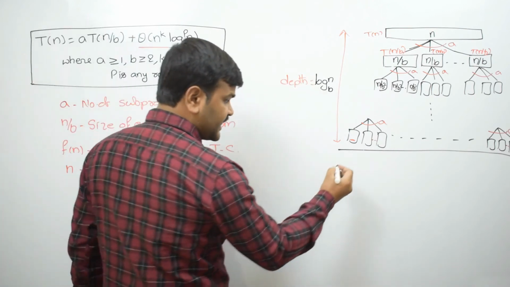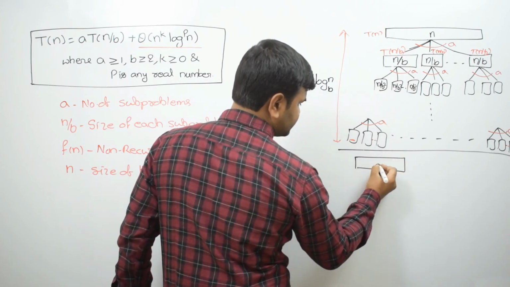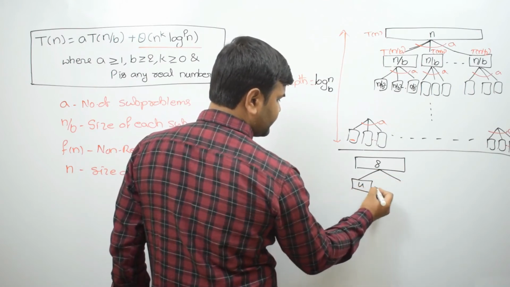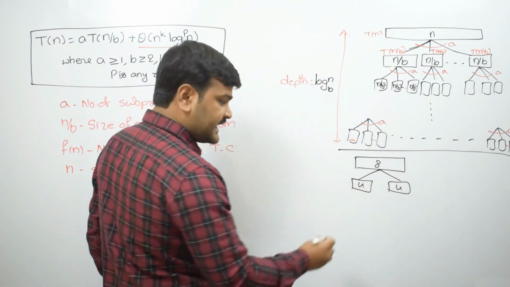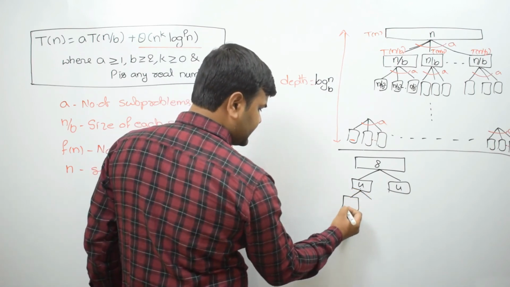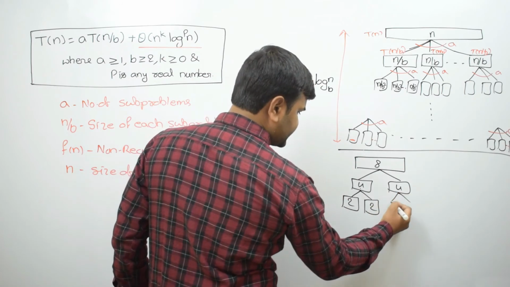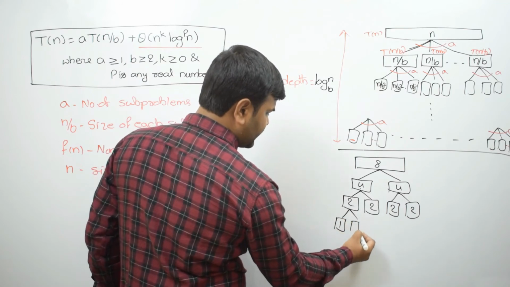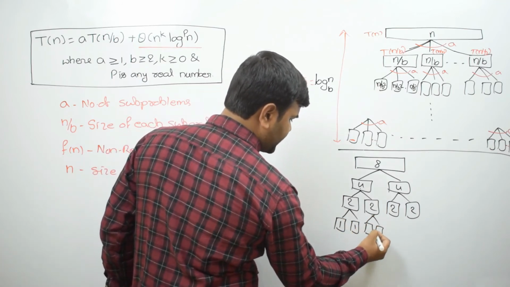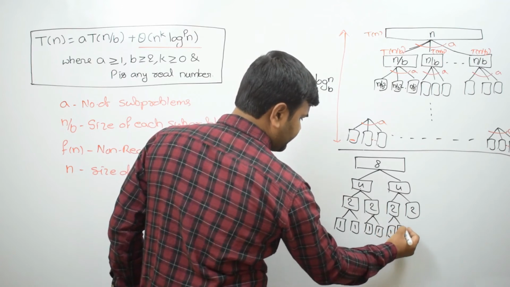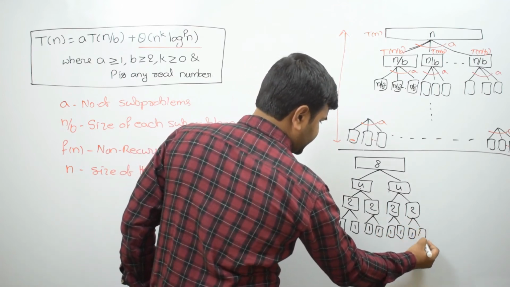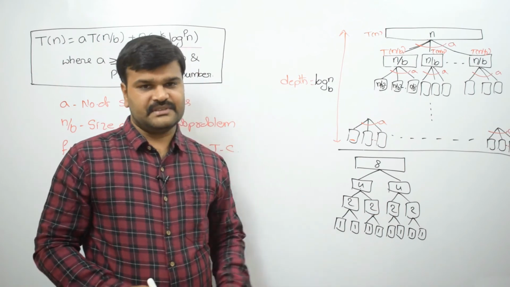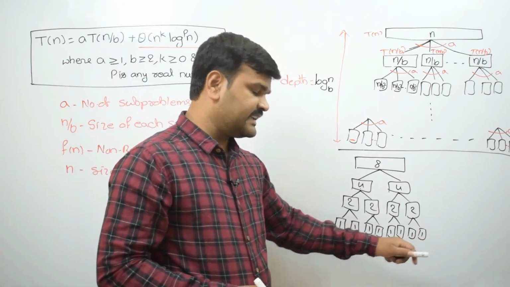So for example, here we are going to have 8 elements. Okay, so these 8 elements we are dividing like this. So here 4 elements and here 4 elements. Next, if you divide this subproblem further, here 2 elements and here 2 elements, same way here also. Now here one element, so like this every subproblem is further divided. So finally every subproblem is going to have one element. So assume that here you are comfortable to solve. So that is the least possible. Now how many leaf nodes are there? 8 leaf nodes are there.